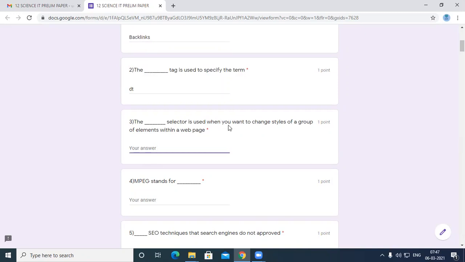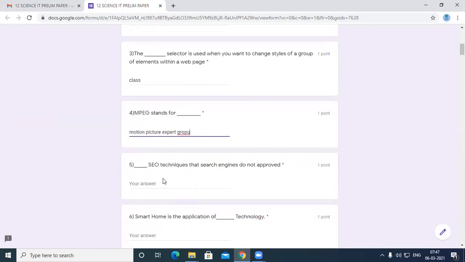What do you have here? Class. Okay. Then, the SEO technique that the search engine does not approve.